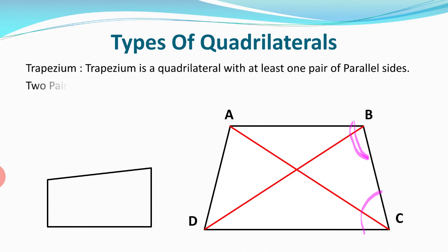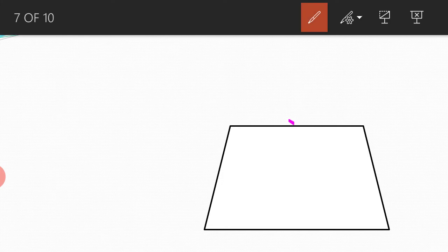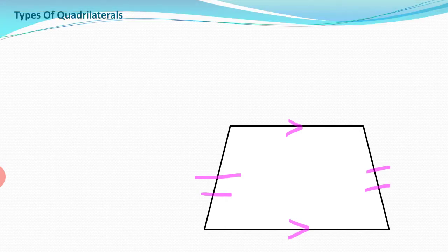Now trapezium has 2 pairs of adjacent angles that are supplementary. So this is the property of trapezium. Okay. Now we have one more. Now this is again a trapezium, but in this trapezium one pair of parallel lines is there and the non-parallel sides are equal. How do we indicate equal parts? By identical marks. So such a quadrilateral is called an isosceles trapezium.